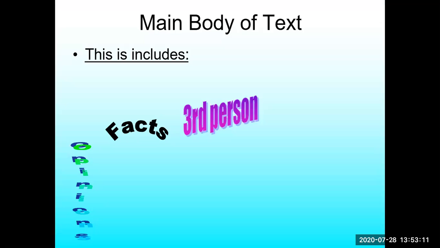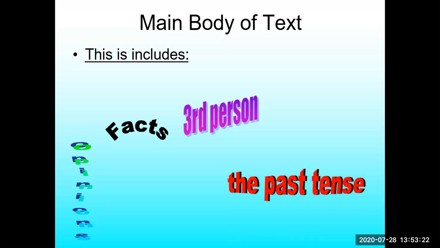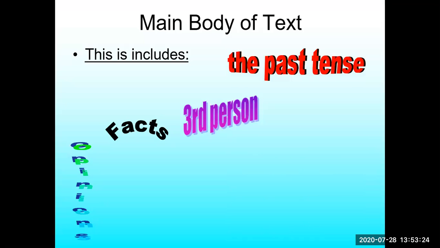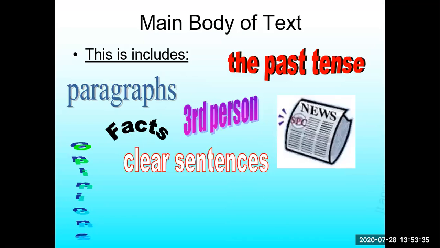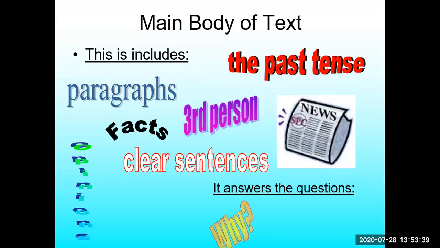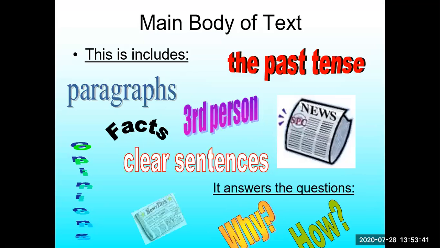Then the main body of text. This includes opinion, facts, eyewitness accounts, quotes, and you're going to be writing in the third person. Of course, it's in the past tense because it has happened, and you're just reporting. It must include paragraphs and clear sentences. It answers the questions why, how, and